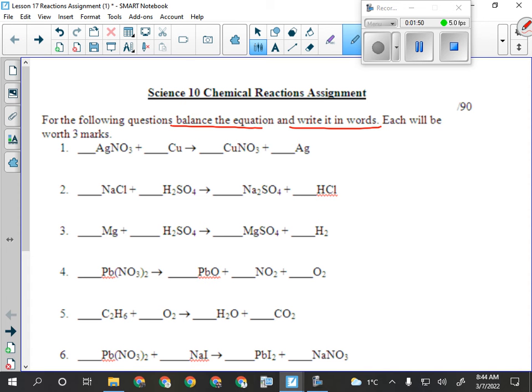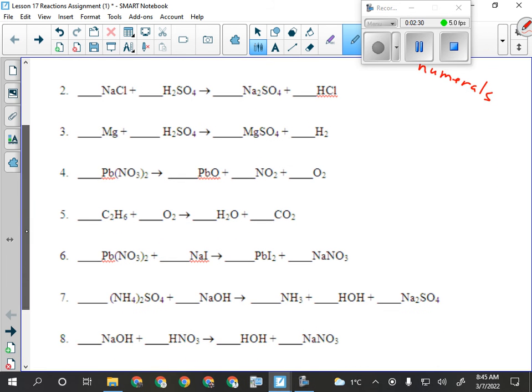Things to remember here, things that people often forget. Roman numerals on your multivalent metals. Lots of people forget to put Roman numerals on their multivalent metals when they're naming or writing out a reaction in word form. So remember that. And remember your prefixes on your molecular compounds. There aren't many molecular compounds in here, but there are some. There's a couple of reactions here that are going to be a little bit tougher in terms of balancing,